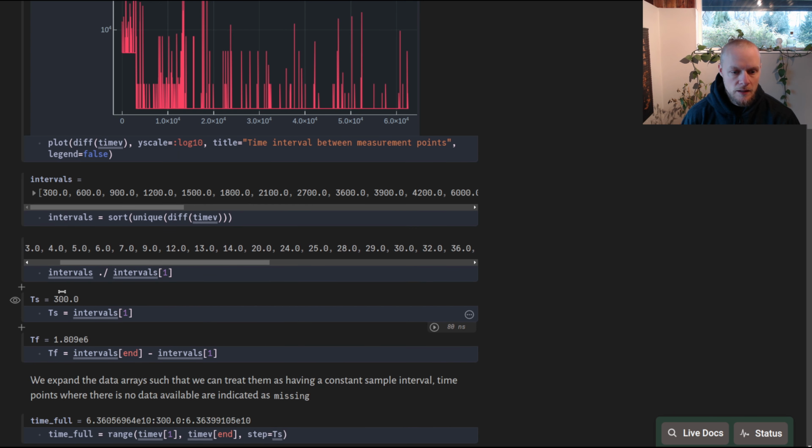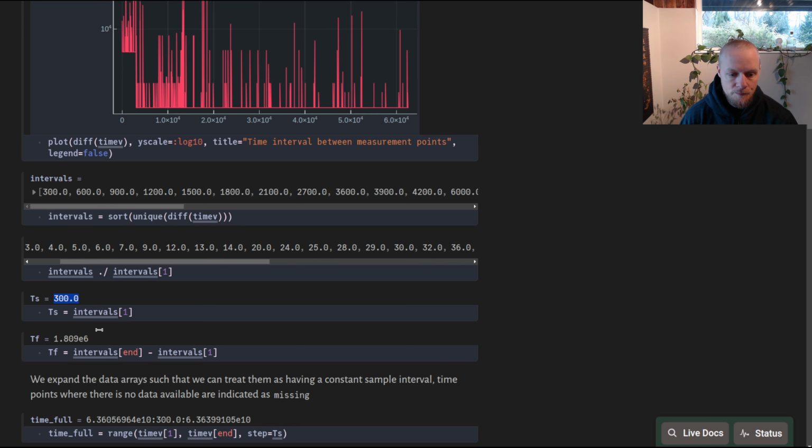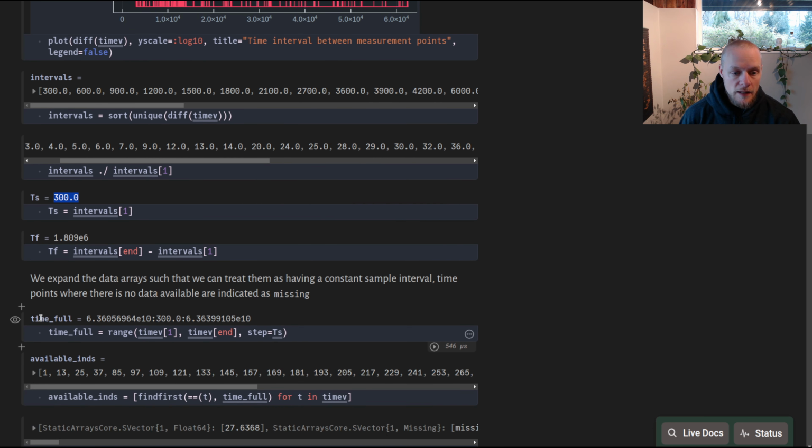All right, so I extract this sample base interval into the TS variable, and TF is the length of the entire data set. I create a vector, I call it here time full. To facilitate working with this data set, it's not nice to have arrays where the time interval between recordings is different. So I create what I call a full time vector that includes all the time points in between,